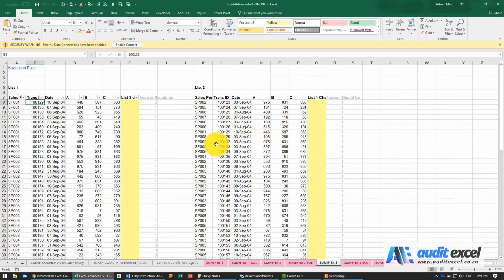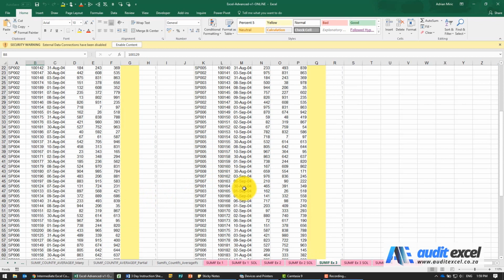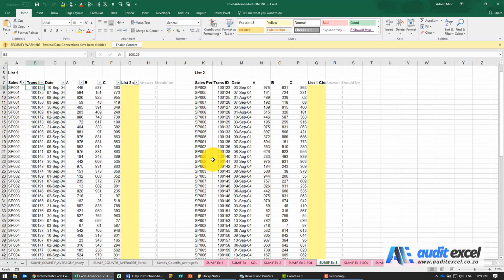In this example, we have 2 lists that we want to reconcile. As you can see, these lists are different sizes, but they should in theory be exactly the same size, and the common field is this transaction ID. So we want to figure out this 101 to 9. Not only is it here, but check if it's here too many times, because each of these items should appear only once on each side.